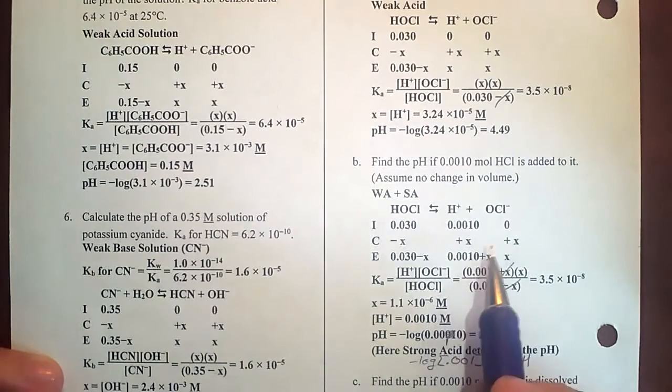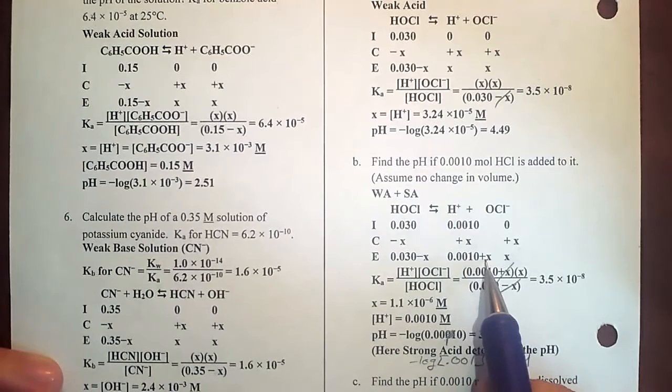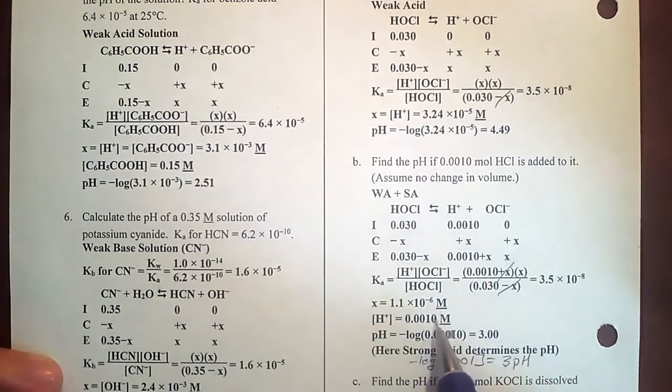We solve for X. Now, to be picky, the H plus concentration that can get me the pH is the starting value plus the X value, but the X value is so small that there's no effective point in adding it in. So I ended up with the same value, and that was a typo. Oops on them. So when we take negative log of the H plus concentration, ignoring that because there's no point, we get pH of 3,